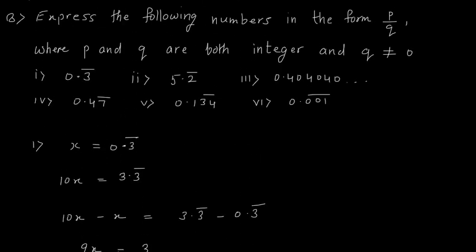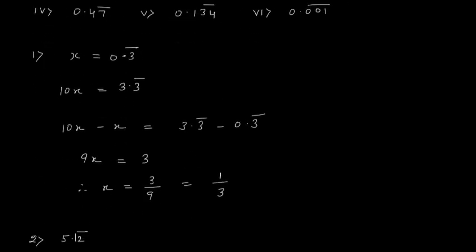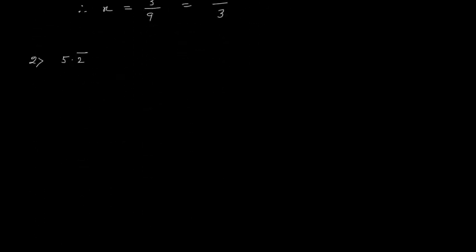Second problem is 5.2 bar. So second problem, I have 5.2 bar. Now bar is on 2. Now again here I will say x is equals to 5.2 bar. Then I multiply this with 10, so I will get 10x is equals to 52.2 bar. Then I subtract from 10x, I subtract x. So here I get 52.2 bar